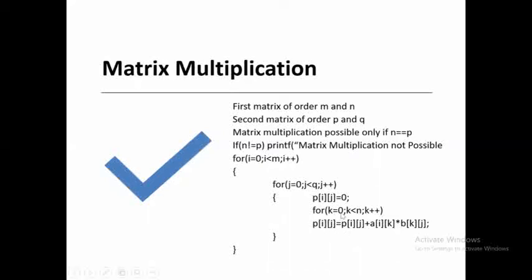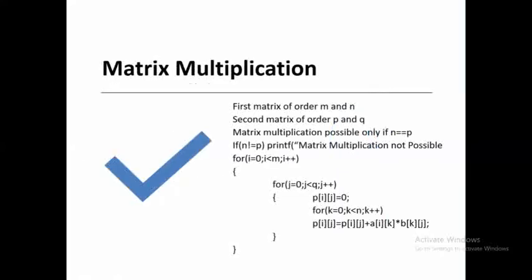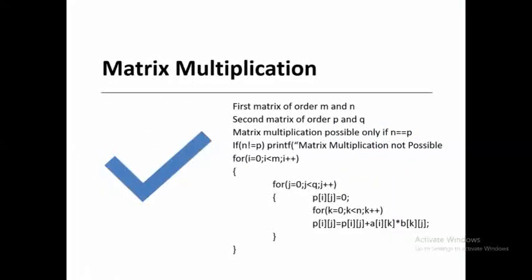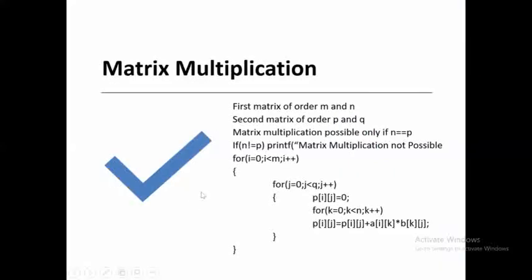Now k is going to be incremented by 1, 1 less than 2, is the condition true? True, right? The n value is 2. Okay, 1 less than 2, the condition is true. Now P of ij, that is P of 0 0, is assigned by P of ij again. Previously the P of 0 0 value is 3, right? 3 plus A of ik. Okay, the i value is 0, and the k value? Previously the k value was 0, now it is incremented by 1, so A of 0 1.